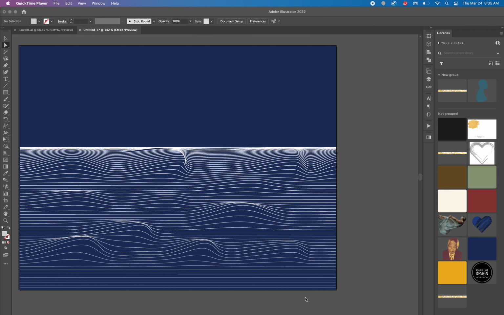Guys, Miss Corcoran here, and today we are going to learn how to make this interesting wave pattern in Illustrator using a mesh tool. There's a lot of tools that you will learn along the way to this project, and I think the most important thing is that the more you use the tools, the more you can transfer